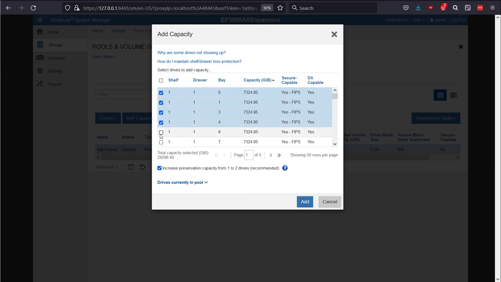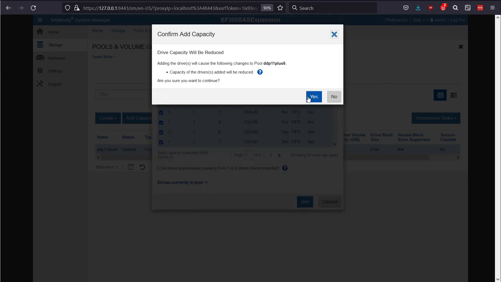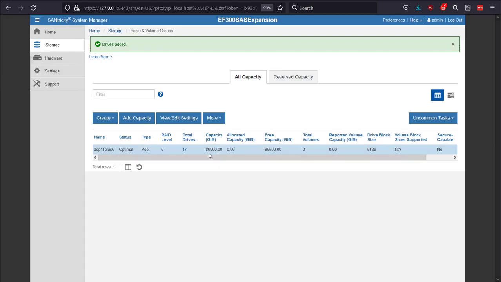Now, I don't want to do this. Why? Because I want to compare this with RAID 5 that is equally wide. So I will cancel this, so as to leave one spare drive of unused capacity in this pool. Now that I increased the size, it is 17 drives in this DDP. It's still using RAID level 6. It writes in stripes that contain 8 chunks of data and 2 chunks of parity. Now you can see it's still 1 drive